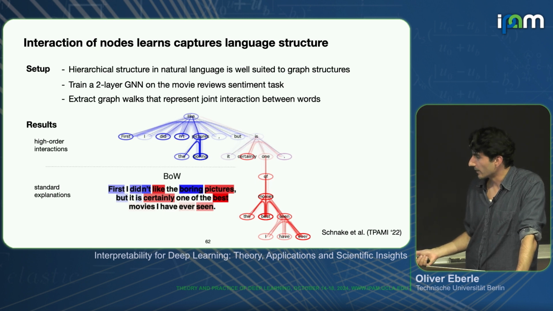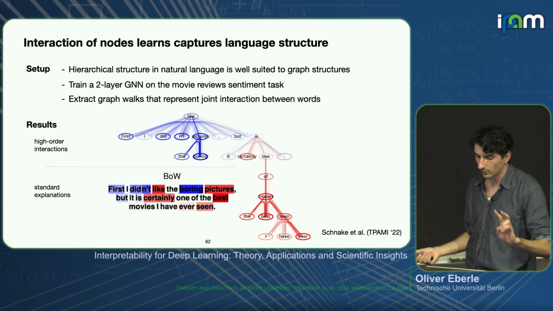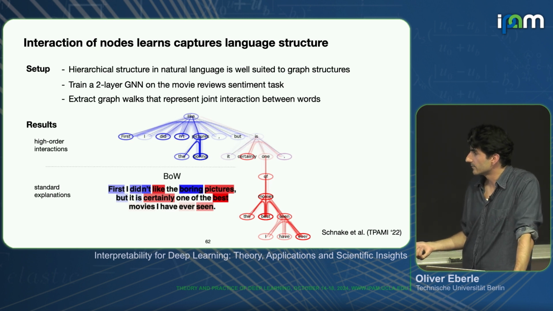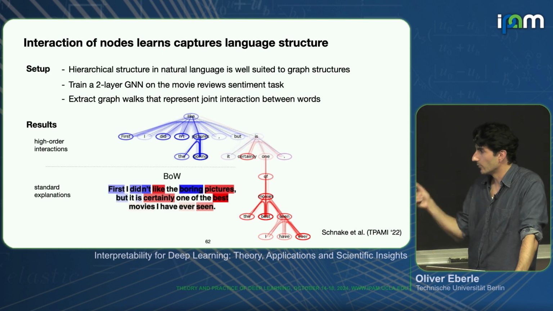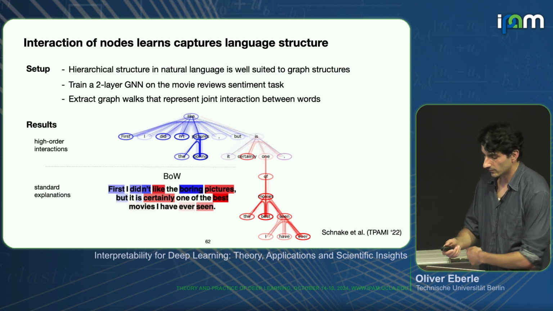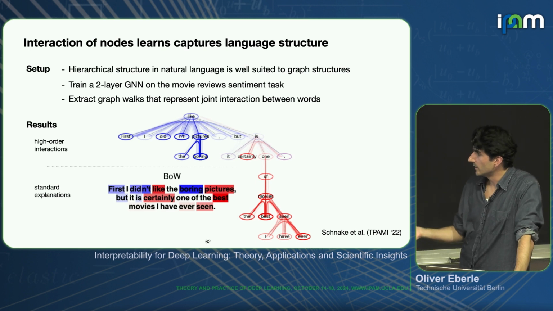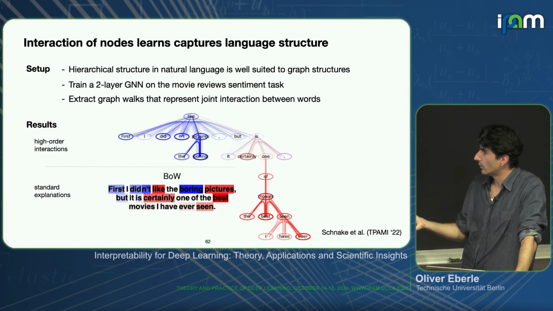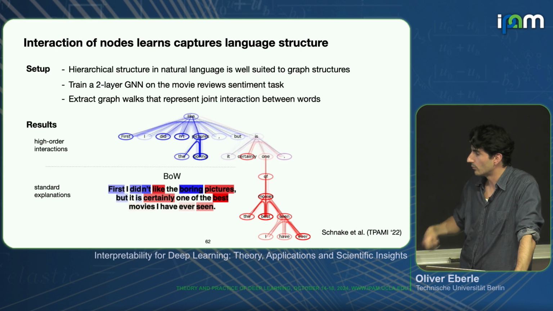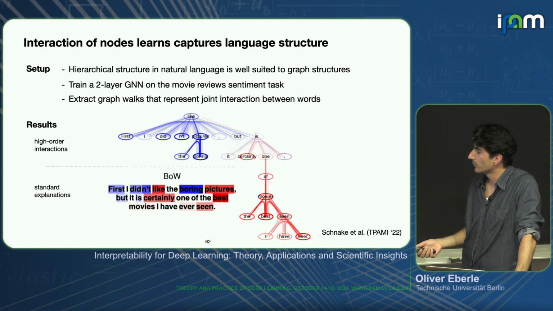It's a complex, interesting example because the first part is negative and the second part is positive. If you do a first order view on it, you get, okay, the model thinks "like" is good. It doesn't get that "didn't like" as a whole group is negative. So it has difficulties resolving the complexities of language. But if you use these more advanced, higher order techniques, you see how the tokens interact and actually turn the whole first part of the sentence negative, whereas the whole second part becomes positively relevant for a positive prediction. So it's able to capture the more complex structure that you have in language.